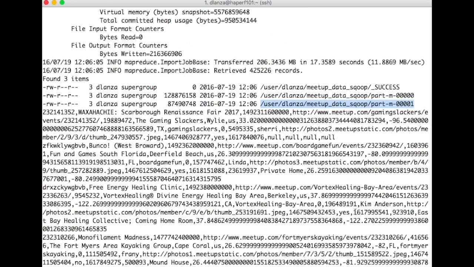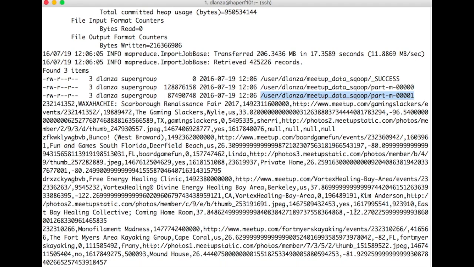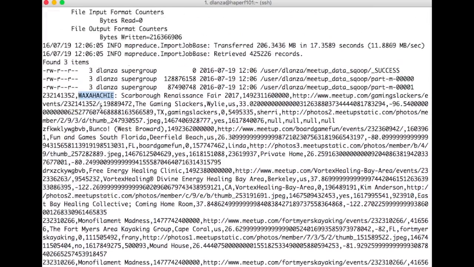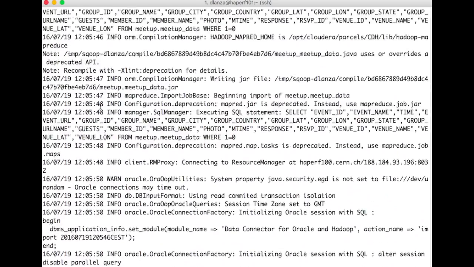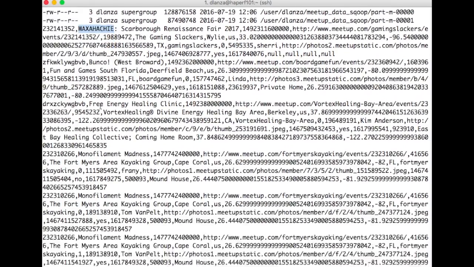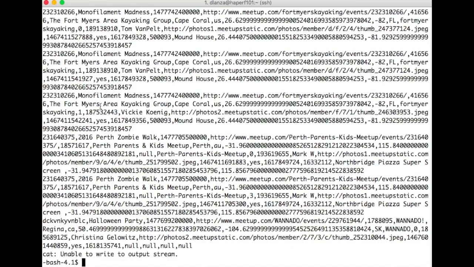If you start more sessions, you will have more files in the target directory. And then I'm just displaying the content of one of the files. You can see that there is really data, comma separated, so it's text. So I just executed the cat command on the HDFS file. Okay, so that was an ad hoc example of how you set up